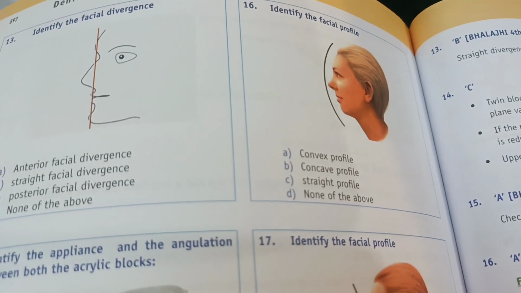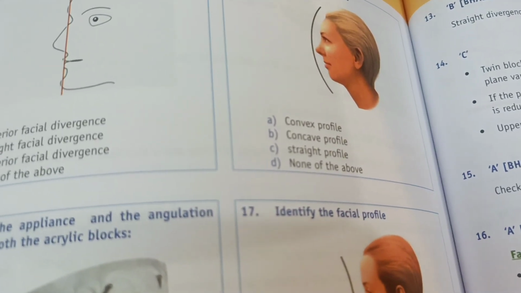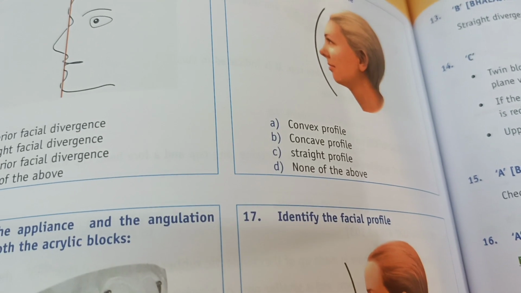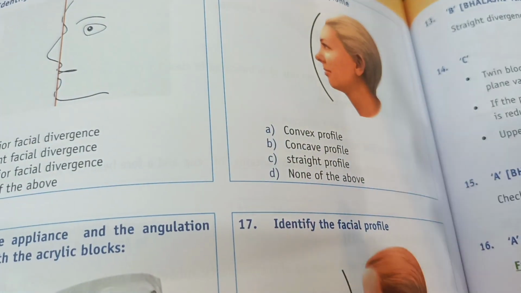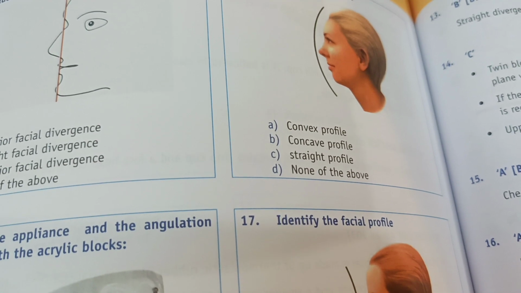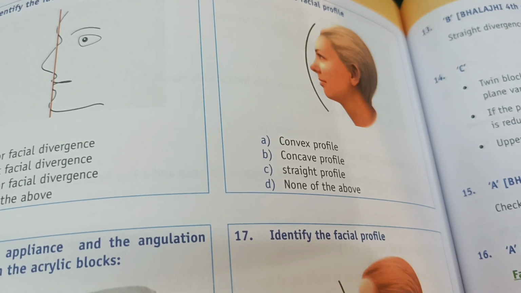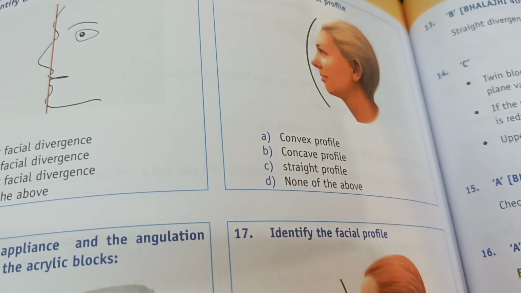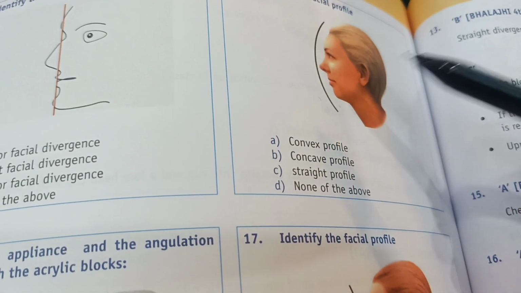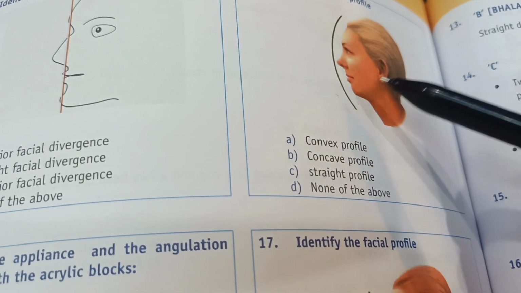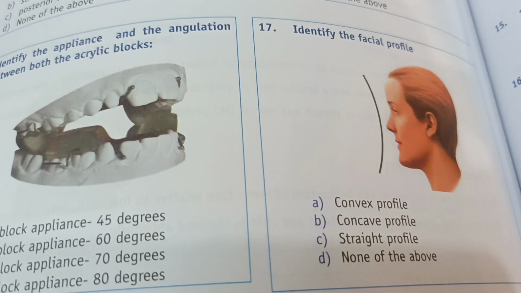Facial profile is obtained by a line joining the forehead and soft tissue point A, and a line joining point A and soft tissue pogonion. From point A to pogonion we always see the facial profile. If they form a concavity facing the tissue, then the profile is convex, which is seen in class 2 div 1 malocclusion. So you can easily see the convex profile in class 2 div 1 type of malocclusion. Here option A is the right answer. Now come to the next question.